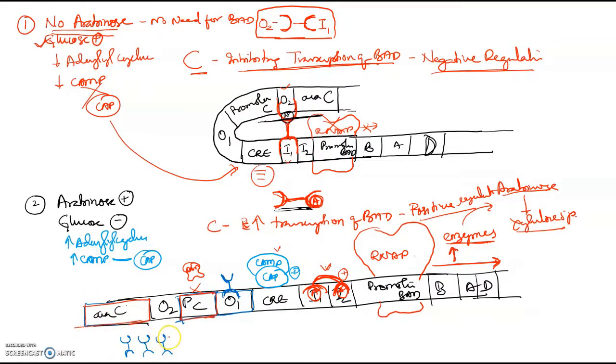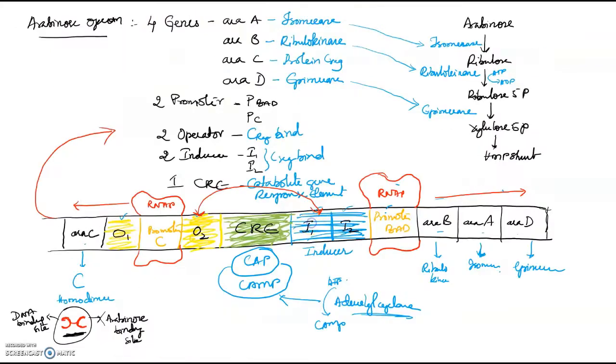So suppose there is a lot of C. This C will go and bind to the O1 region. This will prevent RNA polymerase from synthesizing any more mRNA for ARA-C, and any more C cannot form. So an increased concentration of protein C will auto-regulate itself by binding with the O1 site and blocking the RNA polymerase from binding to the promoter site. Okay, so that is the arabinose operon.